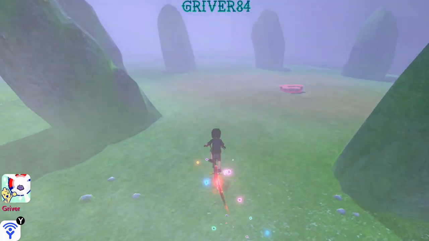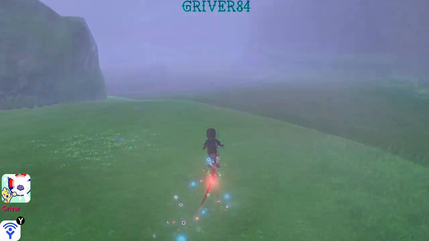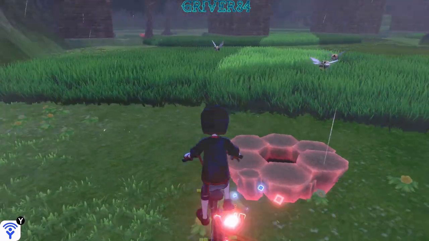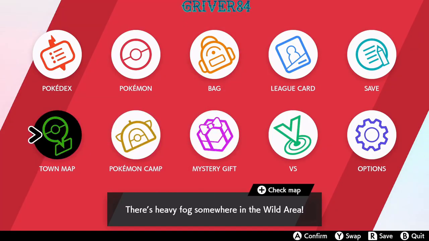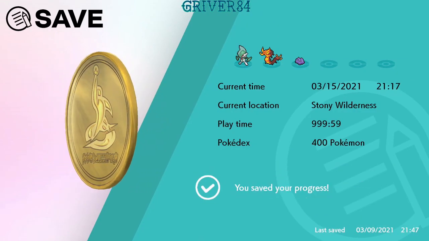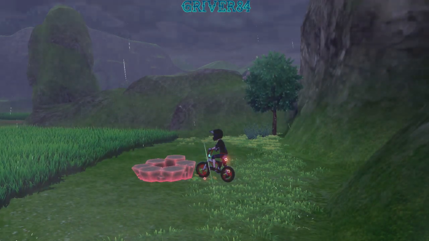So on to the next section here of where you can collect a Ditto. This is also in the same second section of the wild area, but it's also known as the Stony Wilderness. And there's actually a raid den over here hidden in the corner, right here on the map that I brought up so you can see where it's at. And you need to do a specific trick here, which I'm going to show you, or at least start to show you,